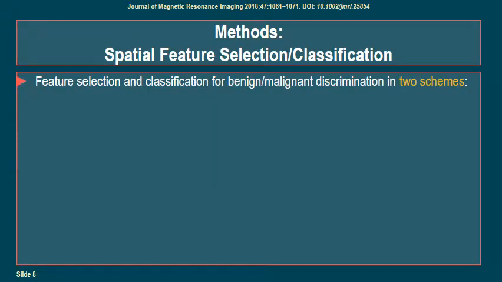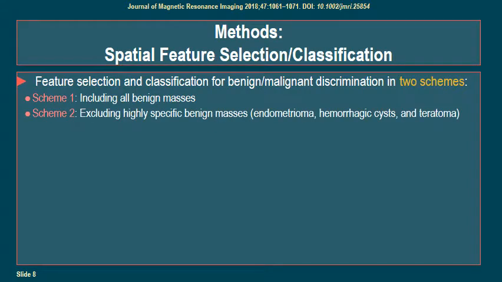So we performed feature selection and classification in two schemes. Scheme 1 was when including all benign masses. Scheme 2 was when we excluded highly specific benign masses composed of endometrioma, hemorrhagic cysts, and teratoma. This scheme was planned to show that a specific textural category can perform accurately even when we exclude highly specific